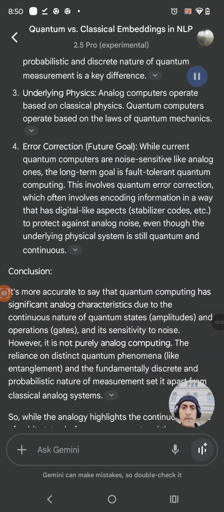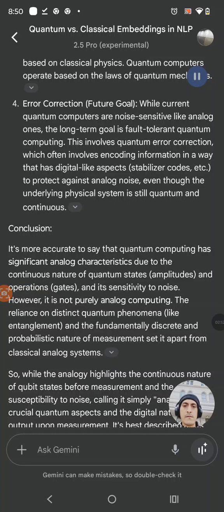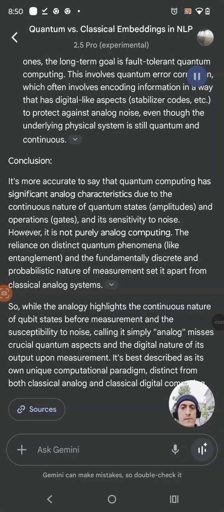Conclusion. It's more accurate to say that quantum computing has significant analog characteristics due to the continuous nature of quantum states, amplitudes, and operations, gates, and its sensitivity to noise. However, it is not purely analog computing. The reliance on distinct quantum phenomena, like entanglement, and the fundamentally discrete and probabilistic nature of measurement set it apart